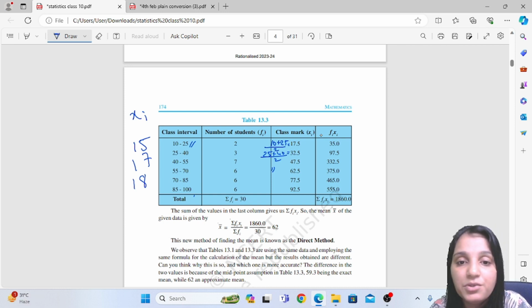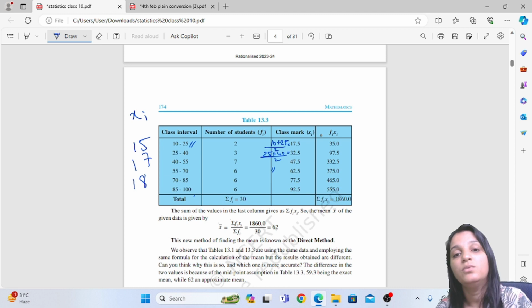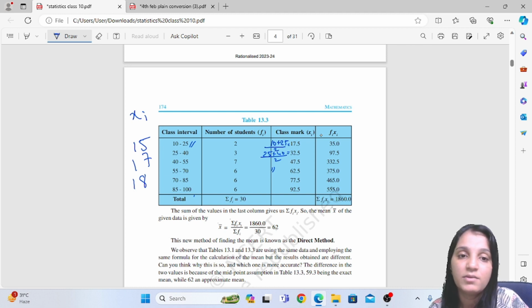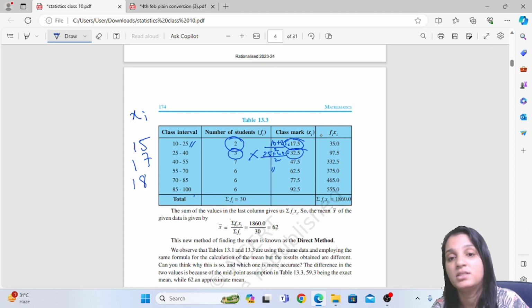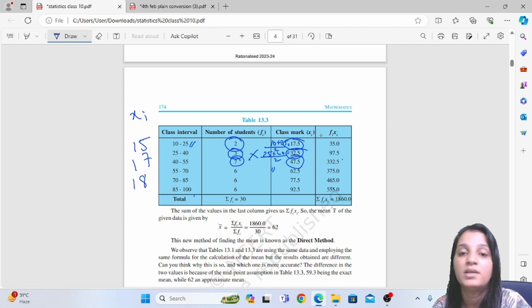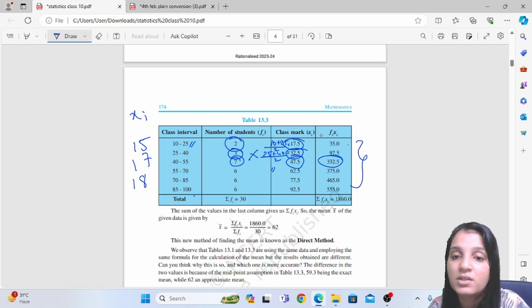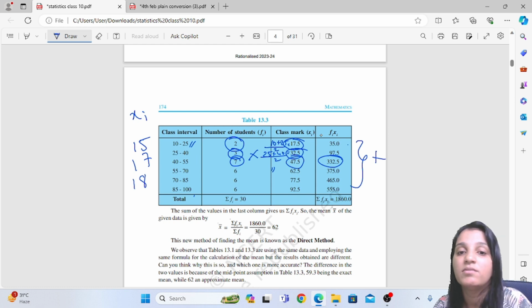Okay, after you get this class mark, then you have fi xi. That is fi xi is 2 into 17.5 is 35. Then 3 multiplied by 32.5 is 97.5. Then 7 into 47.5 is this. So yeah, got all the information here, and this all we have to add. We have to go on adding 35 plus 97.5, 332.5, and this. So the sum comes